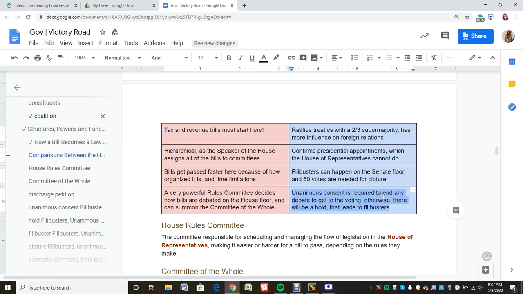So a lot of times, say this happens. This never happens, but say a bill's introduced, everyone in the Senate has unanimous consent, and they just want to vote for it. It'll go to a vote. That never happens. So you usually need cloture to get that quote unquote unanimous consent that's needed to vote.